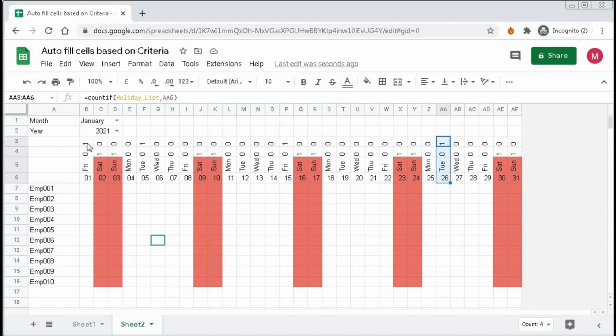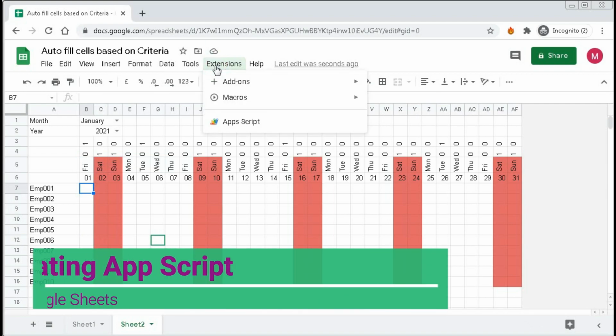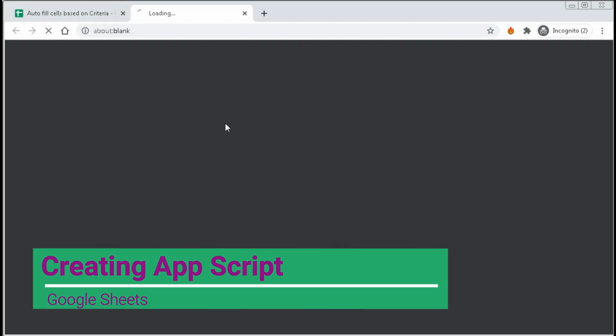And now based on these cells and these cells, we will populate the cells with HL or weekend names. So for that, first we have to click on Extensions and click on App Script.